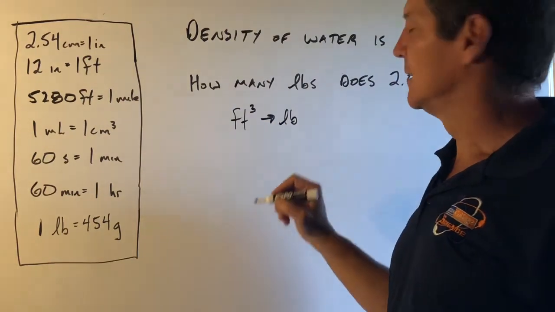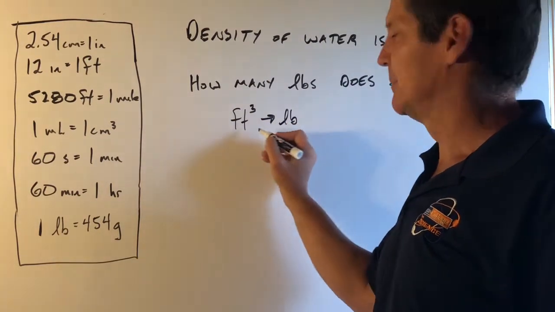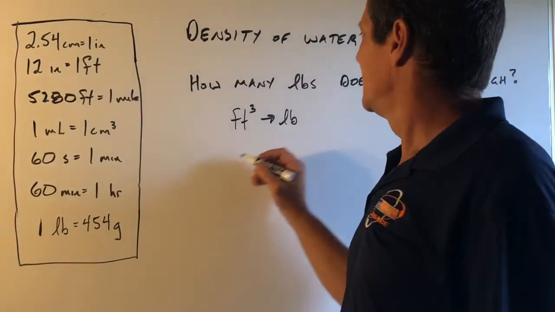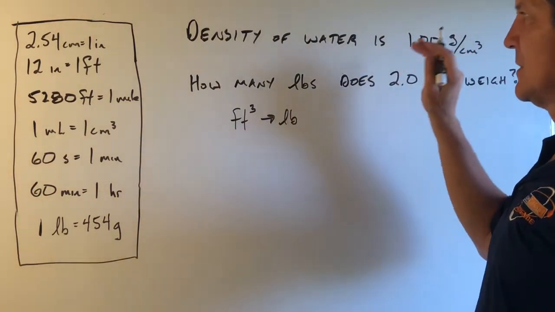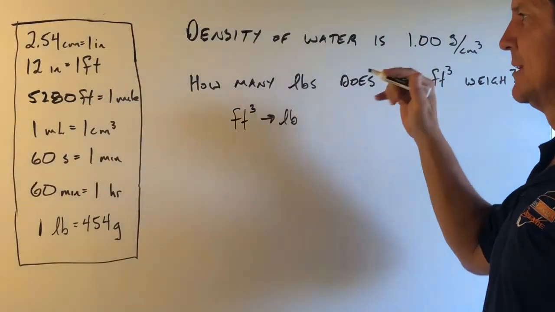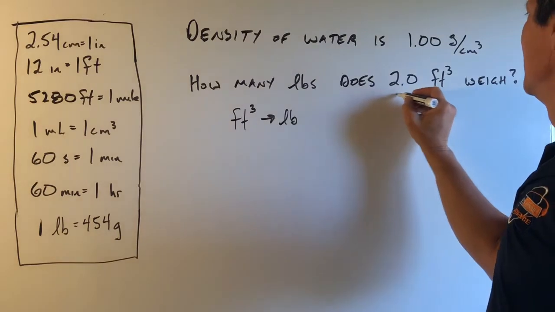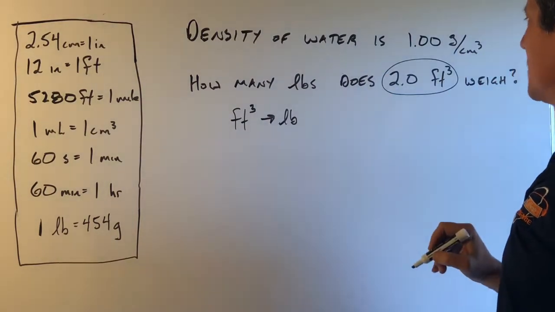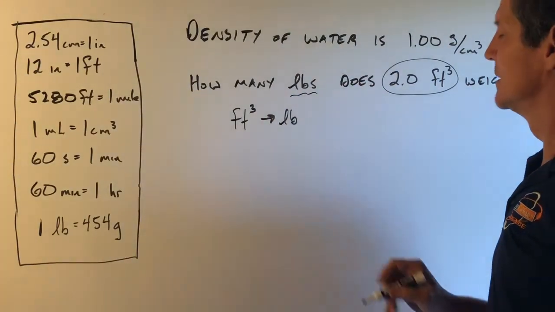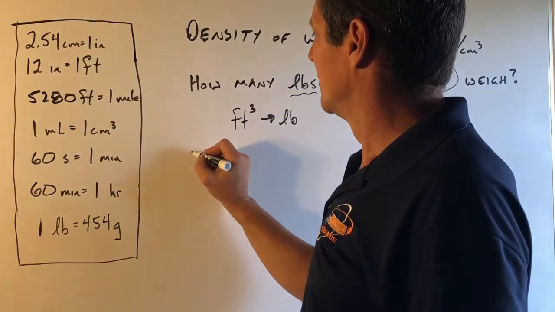again, of water. And this is going to be multiple steps, so maybe I should have strung out a whole bunch of arrows here. All right, doing this problem, again, focusing on where to start is difficult, I think, a lot of times. Even for me, I might stumble around. But I'm given this piece of information, so that's probably going to be my start. And again, from the problem, we know what that is. So I'm going to go from feet cubed,